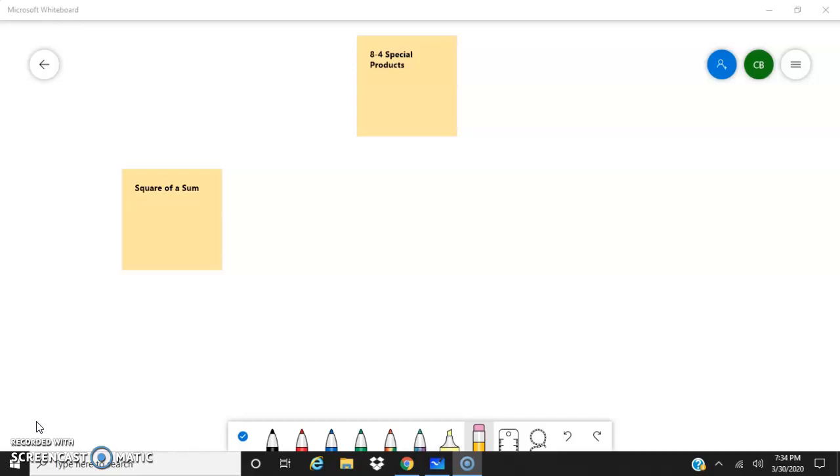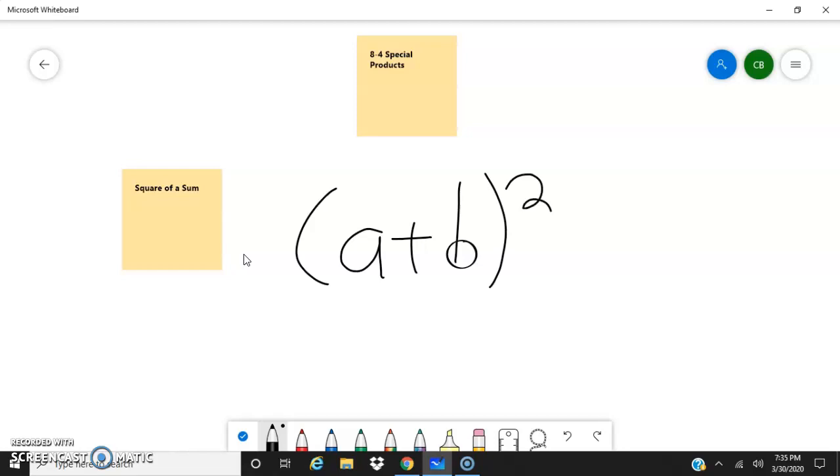So we're going to go ahead and hop into the next section here, section 8.4. We're going to be dealing with special products. With special products, your solutions, your answers, are going to be a little bit different. Whenever we get to the first one here, it's called the square of a sum. That's going to be in the form a plus b all squared. Basically, that's the form the problem is going to be given to us in, and our solution is going to look like this: